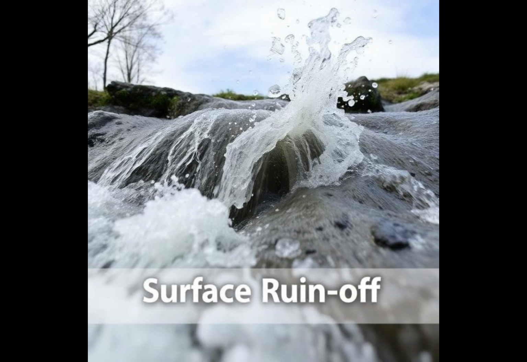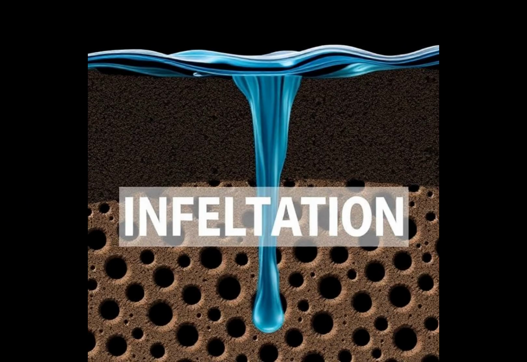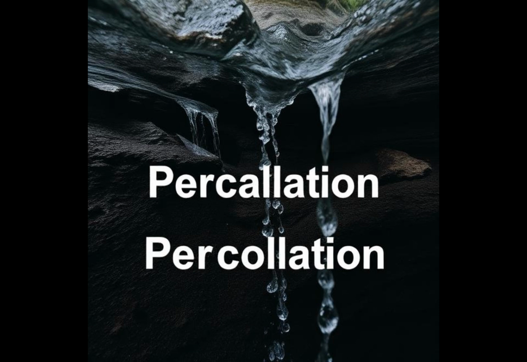If the ground is saturated, frozen or impermeable, water flows across the surface, racing downhill toward the river. Infiltration. If the soil can absorb water, our drop sinks downward from the surface into the upper layers of the ground. Percolation. From there it may continue deeper, moving from the soil into the underlying rock layers.